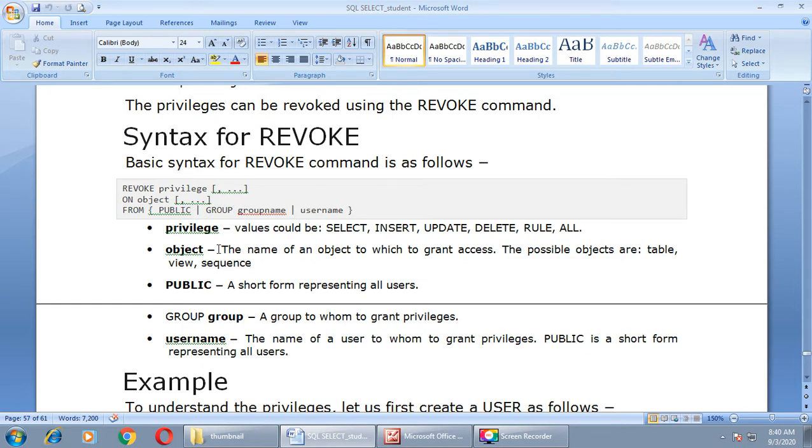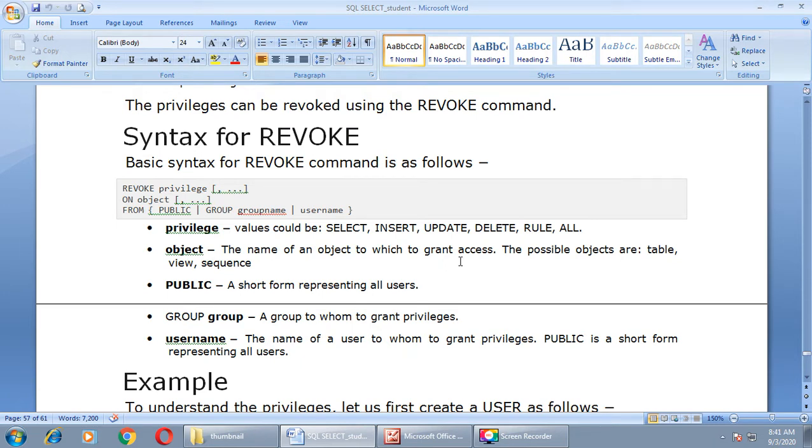Let us understand these parameters one by one. Privileges means its values could be select, insert, update, delete, rule, or all. Object name: here the name of an object on which you want to grant access or take all the granted permissions back.